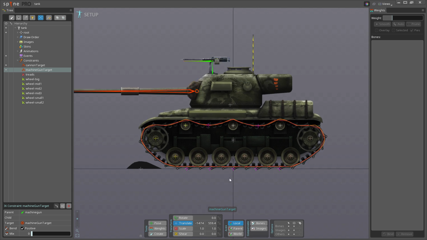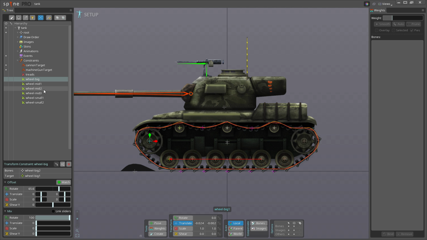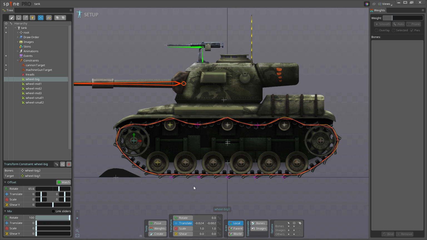Then we have all the wheels, and I have these constraints here, these transform constraints. We have wheel big, wheel mid 1, 2, 3, and then we have wheel small 1 and 2. Now, the reason I made these is because all these wheels are rotating, and it's far easier for me to just go in and key one wheel, or in this case, 3 wheels, because we have the 3 small wheels here on top, and we have the 2 big wheels, and then we have the 6 medium